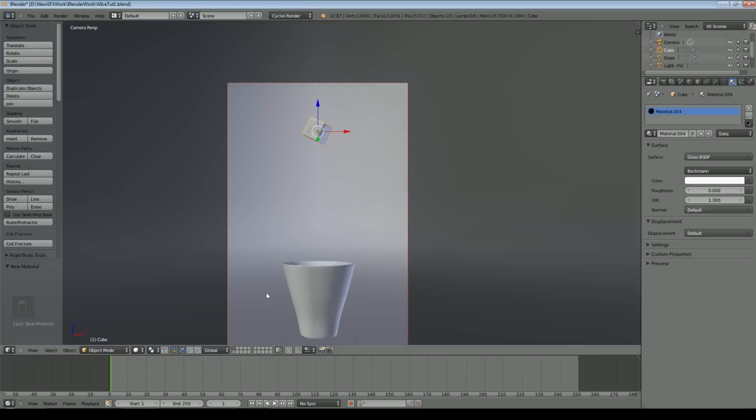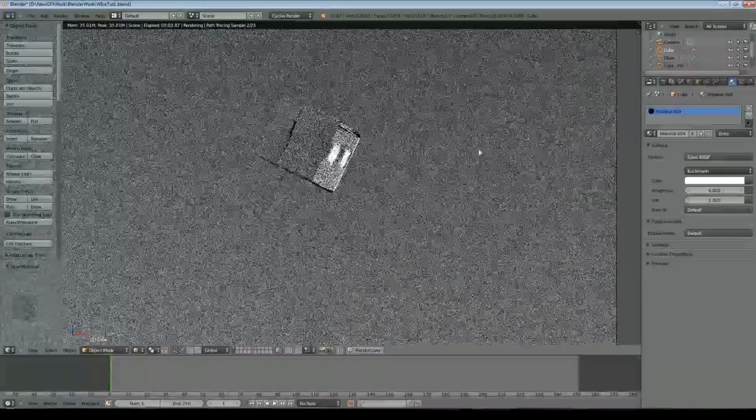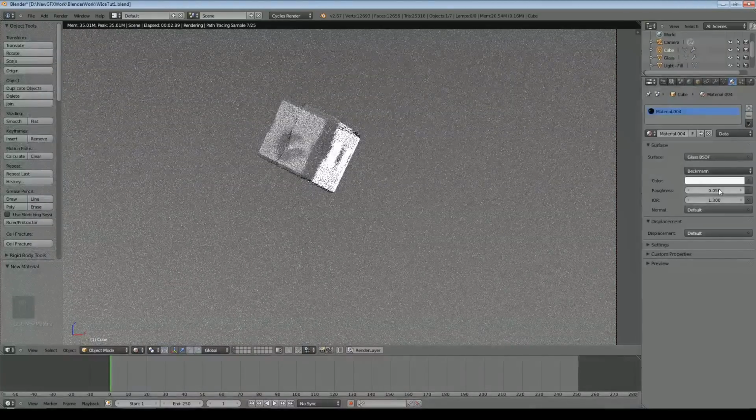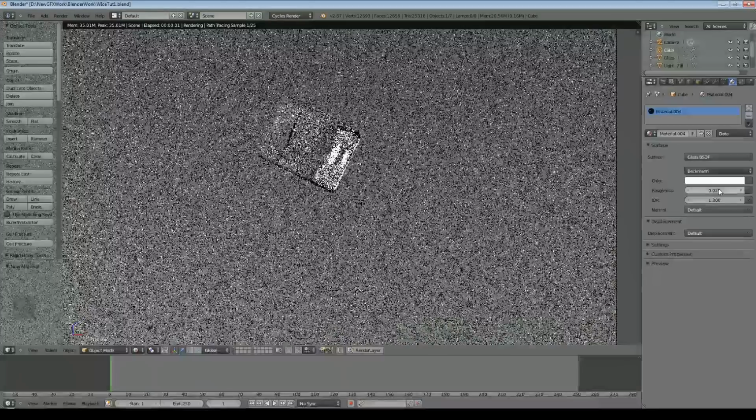So if we set that to render now and bring the lights back in, we can see it up there. And what we may want to do is add a tiny bit of roughness just to make it a little bit more visible. Perhaps that's a bit too much.